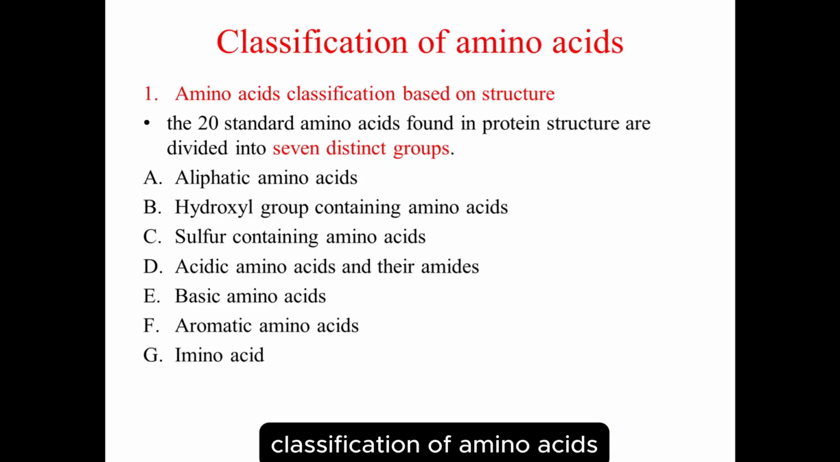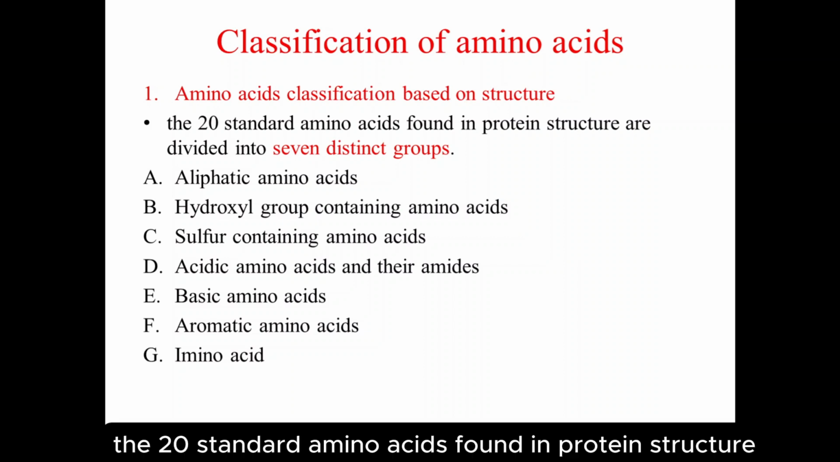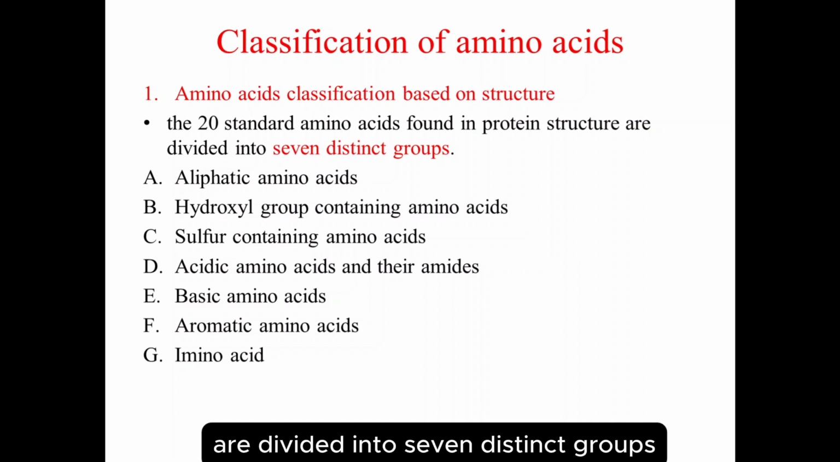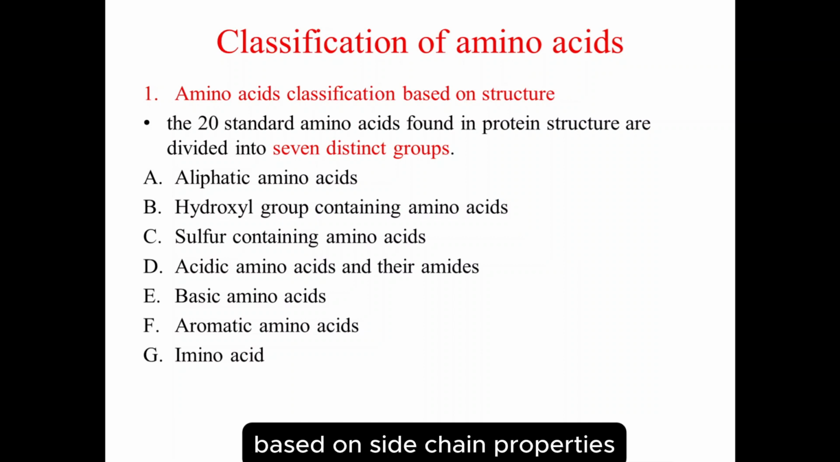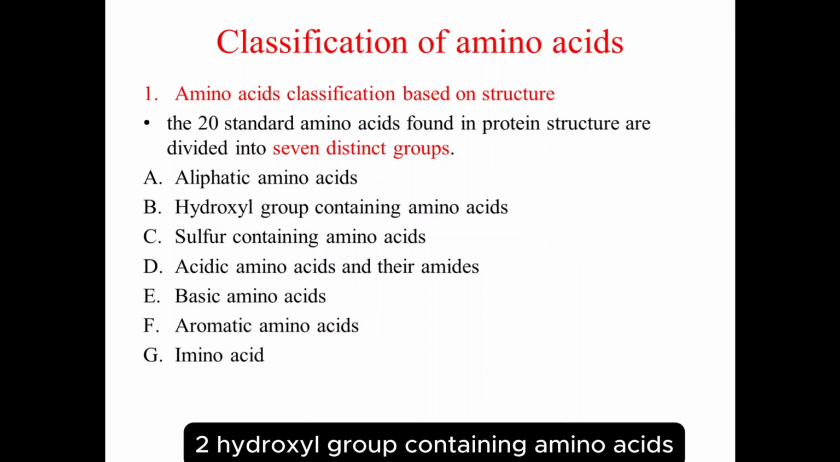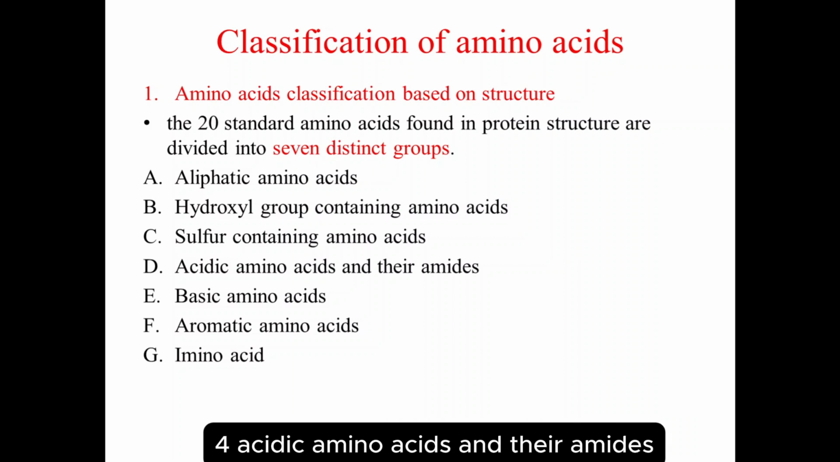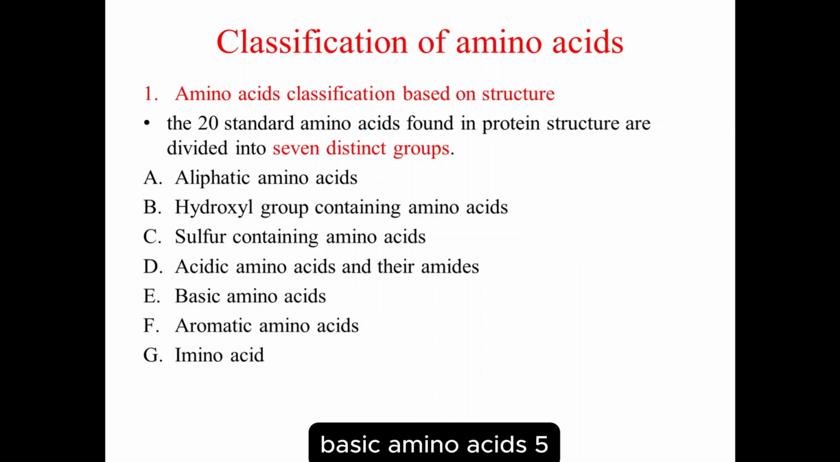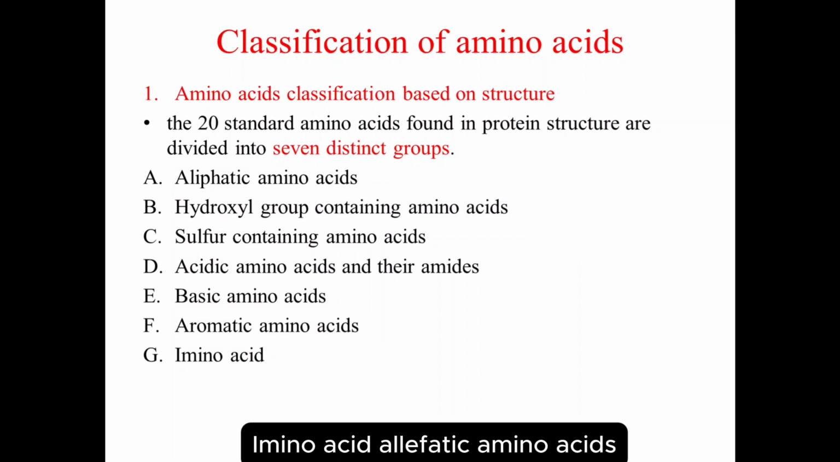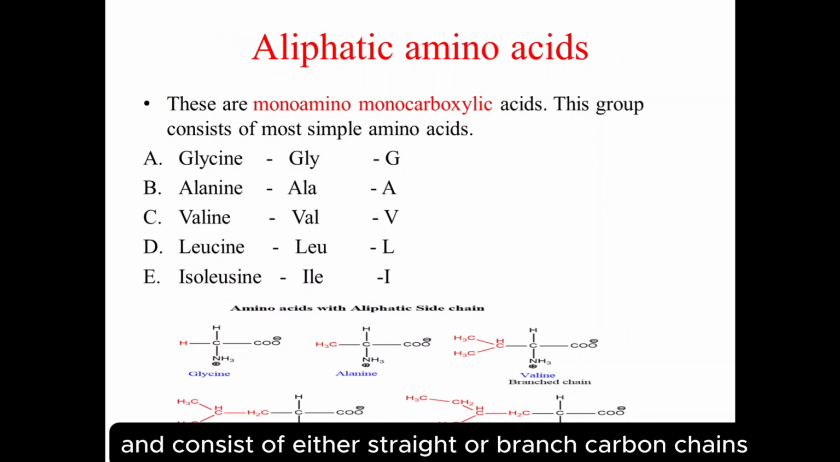Classification of amino acids. Amino acids classification based on structure. The 20 standard amino acids found in protein structure are divided into 7 distinct groups based on side chain properties. 1. Aliphatic amino acids. 2. Hydroxyl group-containing amino acids. 3. Sulfur-containing amino acids. 4. Acidic amino acids and their amides. 5. Basic amino acids. 6. Aromatic amino acids. 7. Imino acid. Aliphatic amino acids have side chains that are non-aromatic and consist of either straight or branched carbon